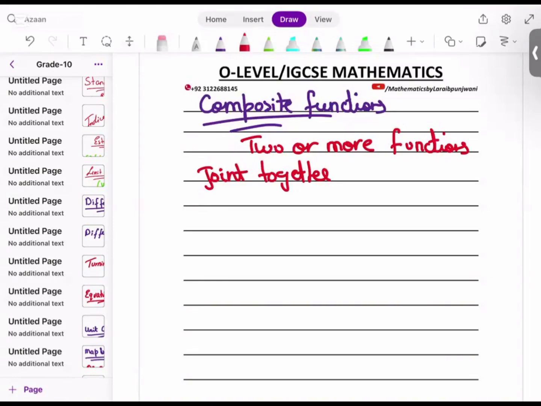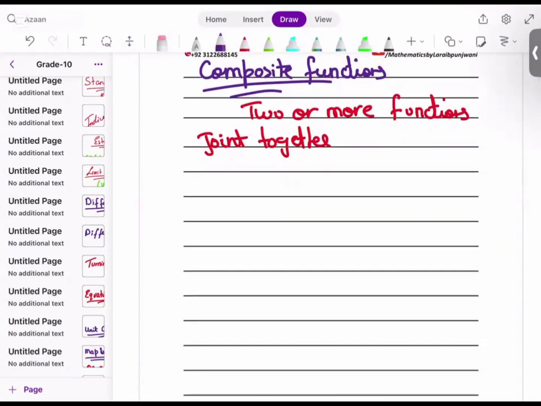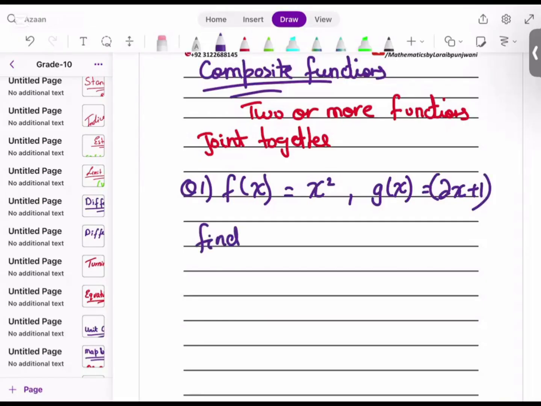What does it mean, joined together, and how? What will be the expression? How can we solve this question? So I will show you some examples of this question. For example, I have a function f(x) that is x squared and the function g(x) that is 2x plus 1. Now find